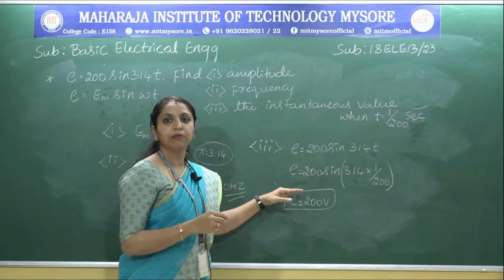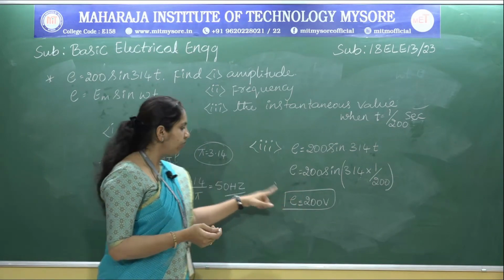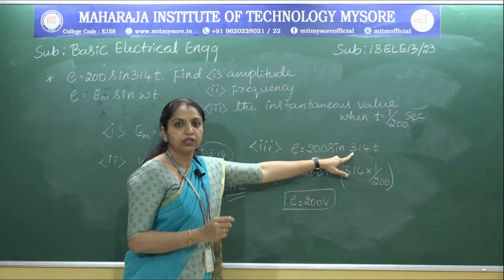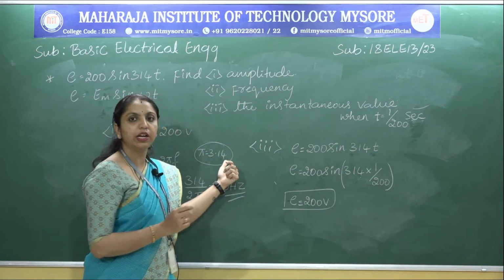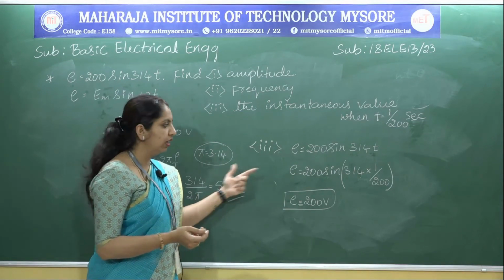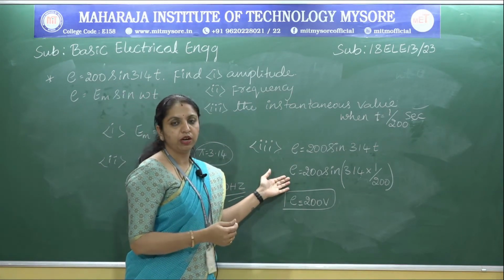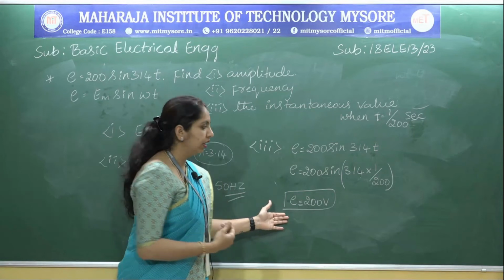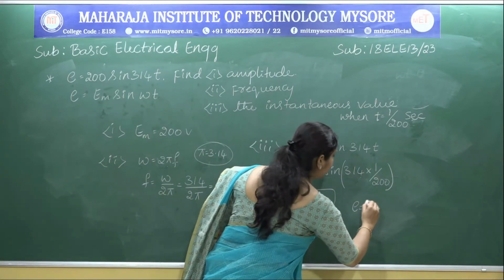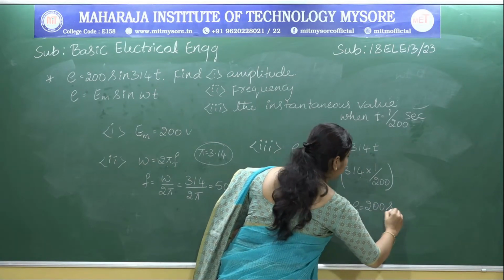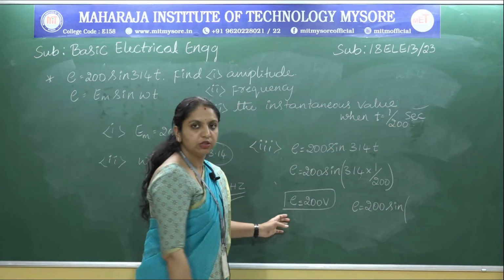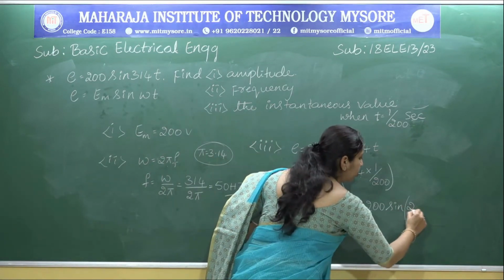Okay, so when can it be considered in degree mode? When you replace this pi value as 180 degrees, then it can be kept in degree mode and you can calculate the same. For example, E is equal to 200 sine. Now omega, so what is omega? Which is 2 into